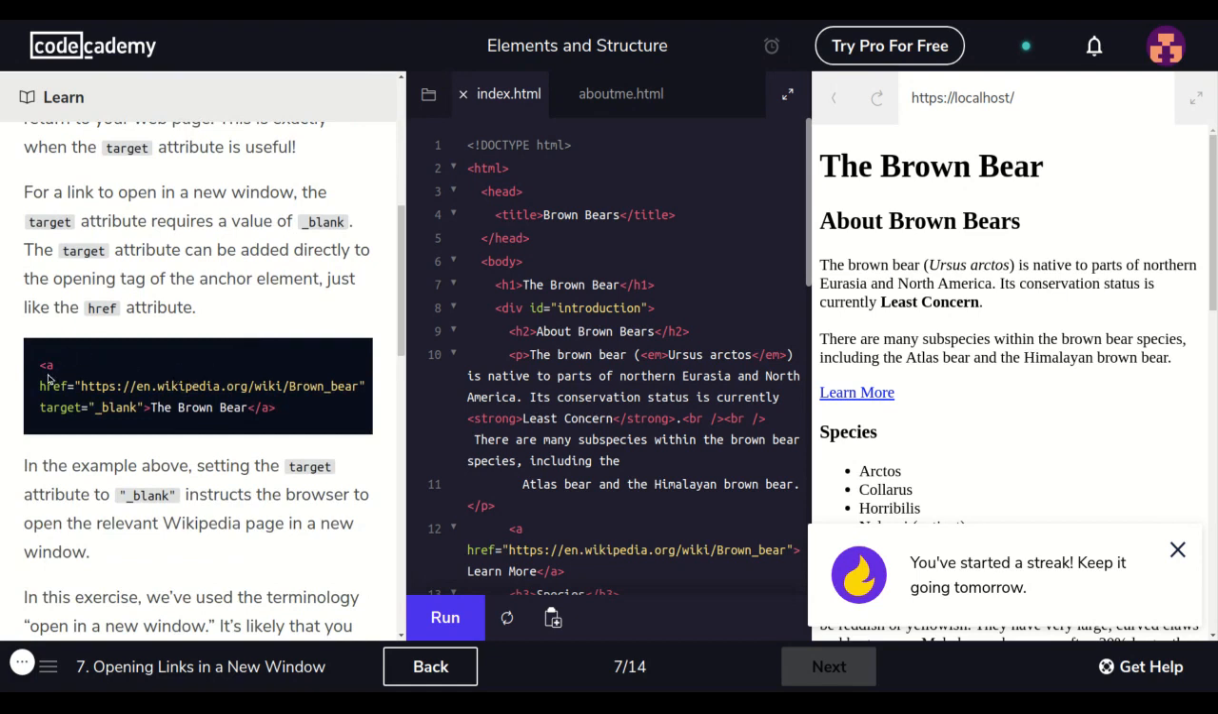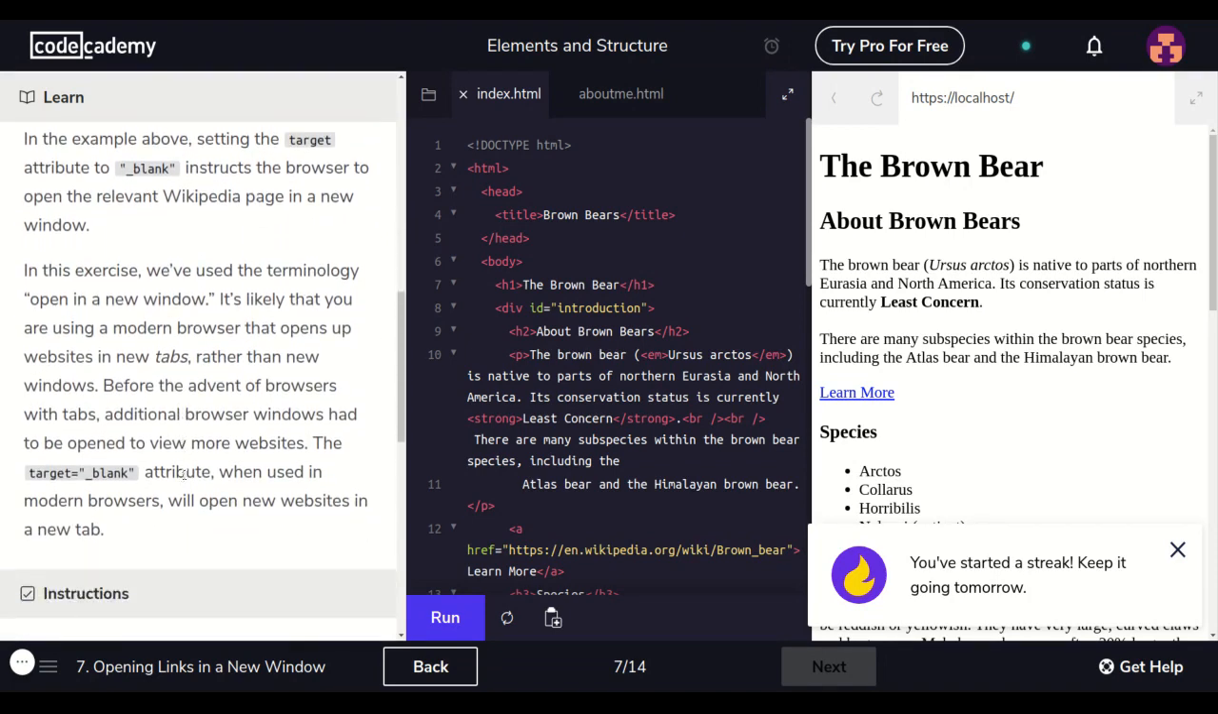Okay, so the a anchor tag, href, and the link, target underscore blank, brown bear text again. And in the example above, setting the target attribute to underscore blank instructs the browser to open a relevant web page in a new window. In this exercise, we use the terminology open in a new window. It's likely that you are using a modern browser that opens up websites in new tabs rather than new windows. Before the advent of browsers with tabs,